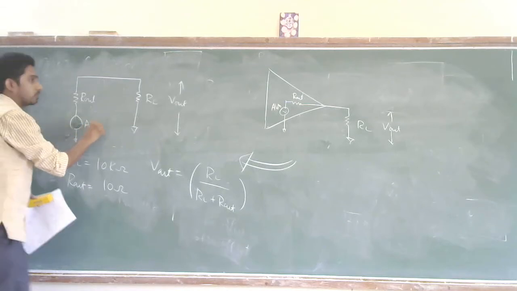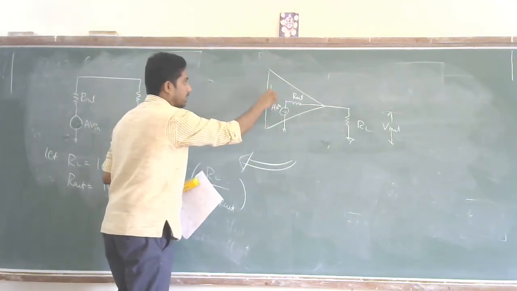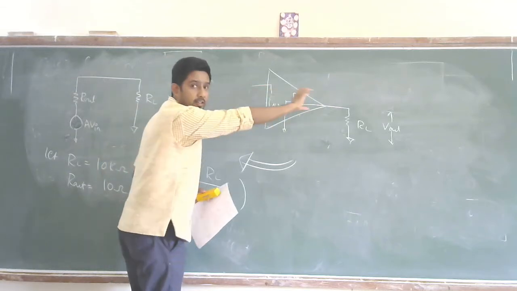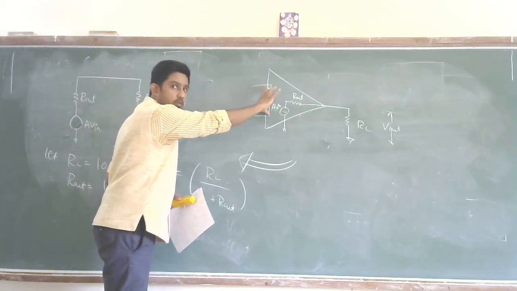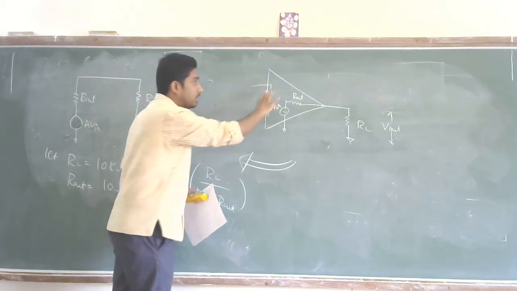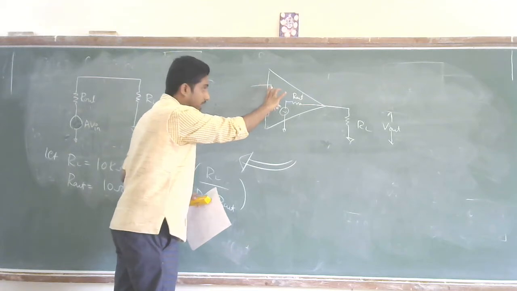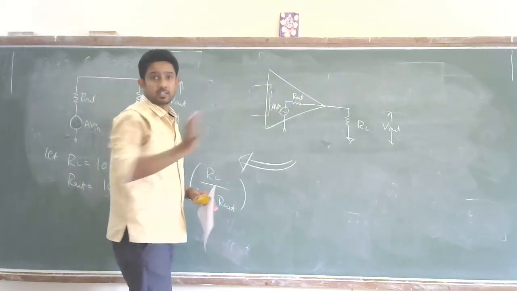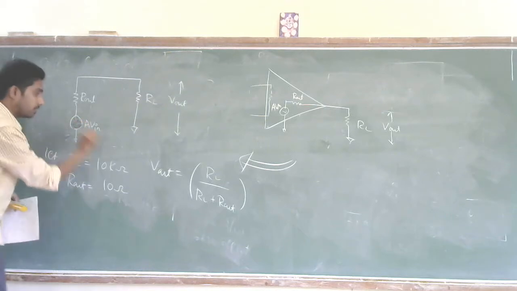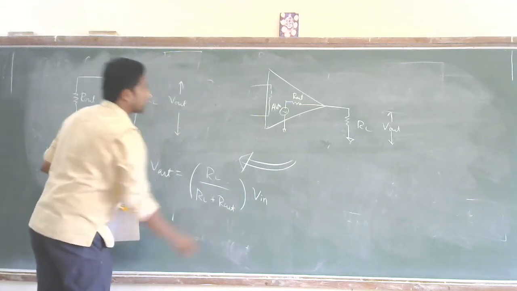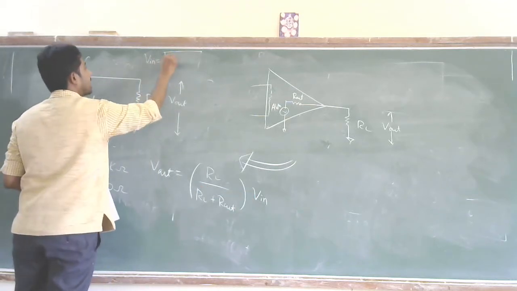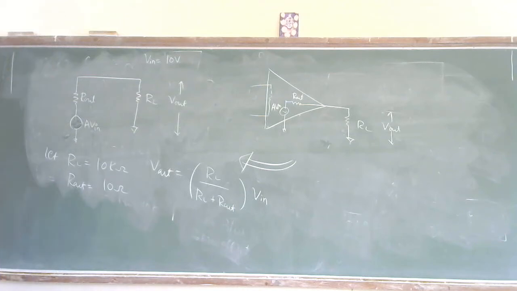So let's assume that all the 10 volts we applied at the input has come here. Now I need to understand whether this input voltage of 10 volts goes out or not. Let's try to verify that. So this will be multiplied by B, that is A into B. Let's consider V into V equal to 10 volts, and not change that. I have taken RL equal to 10K and R out equal to 10 ohms.